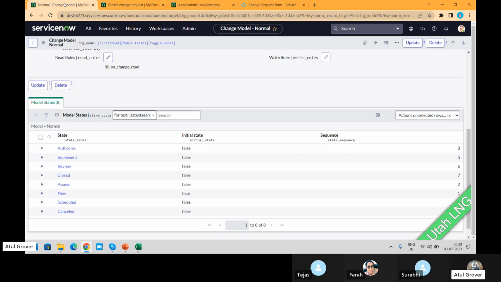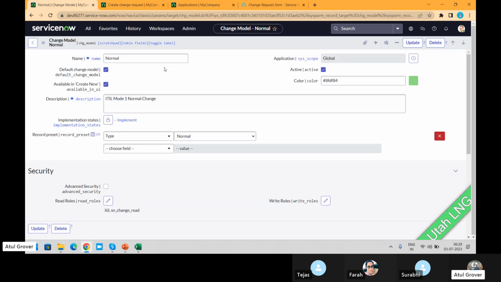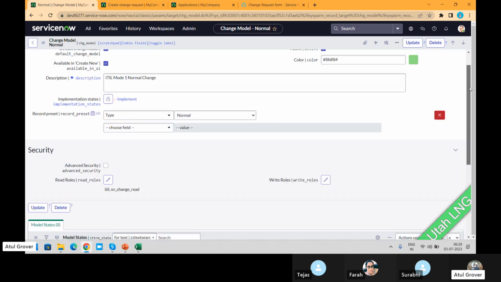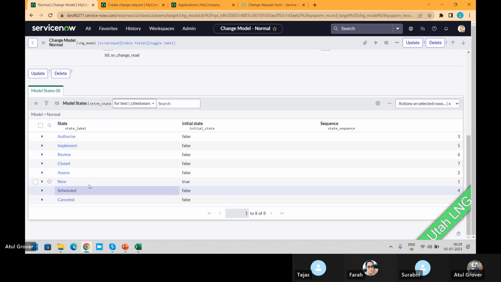Okay, now on this page, the important points to understand are: number one, this thing; number two, this thing. I'm skipping it for the time being. We'll come back to this. As I say, every model should have three things: the state model, the state transition, which we are going to open, and the conditions for this transition. So if you see here, what it says is that